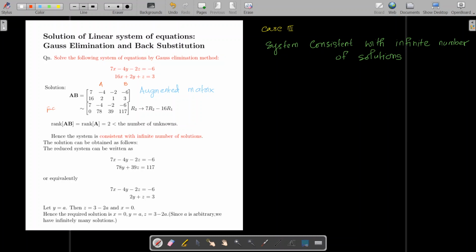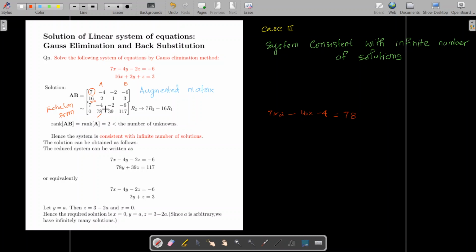So this is the echelon form corresponding to the augmented matrix. And to get this echelon form we have to consider the pivot element. Make the element below that pivot equal to 0 by using the row transformation 7R2 minus 16R1. 7 into 16 minus 16 into 7 will make this 16 equal to 0. And we know every element of this row is applied with the same transformation, and hence this 2 will become 7 into 2 minus 16 times minus 4. So it is 14 plus 64 equal to 78.